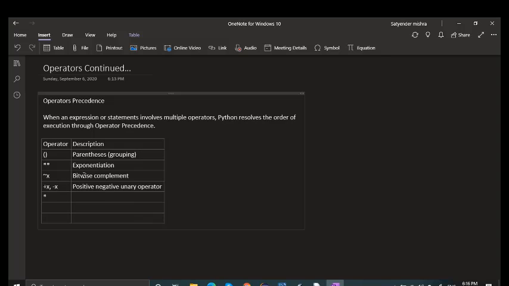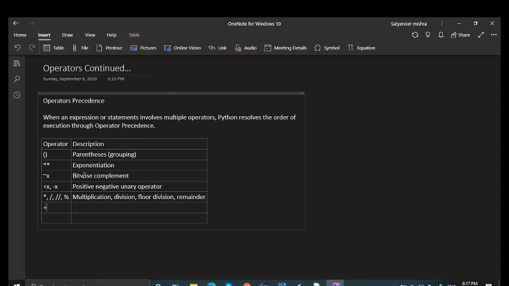The next ones are multiplication, division, floor division, and modulus, that is remainder.